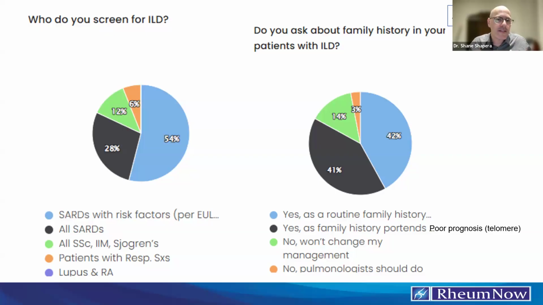It's not captured in the guidelines, but in my mind, if you've got a patient who's got RA, but their father had IPF, that's someone who is going to be at quite substantially increased risk of developing ILD in a UIP pattern, and you want to find that early in their disease course. So if there is a family history of lung disease, and I'm sure it's just like arthritis, I don't know what kind of lung disease, but my father and my uncle had that. What should you be doing about that? Should you be ordering MUC5B? Should you be doing telomere testing? What's the next step?